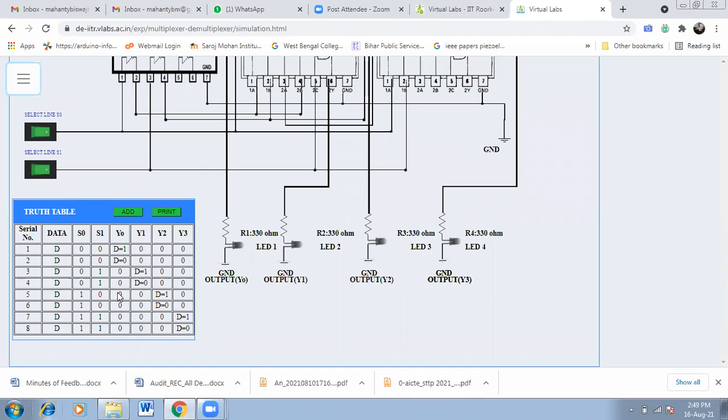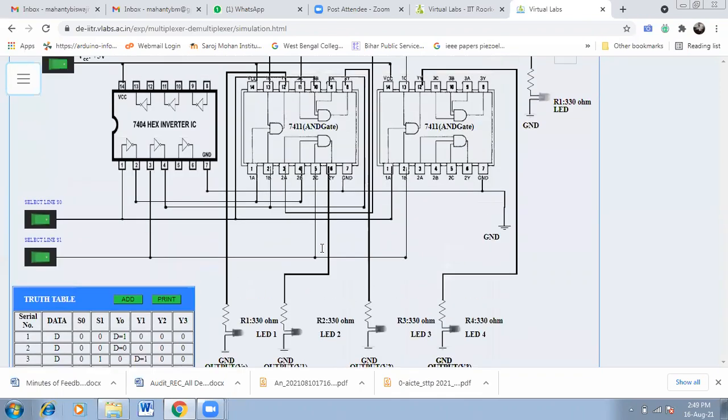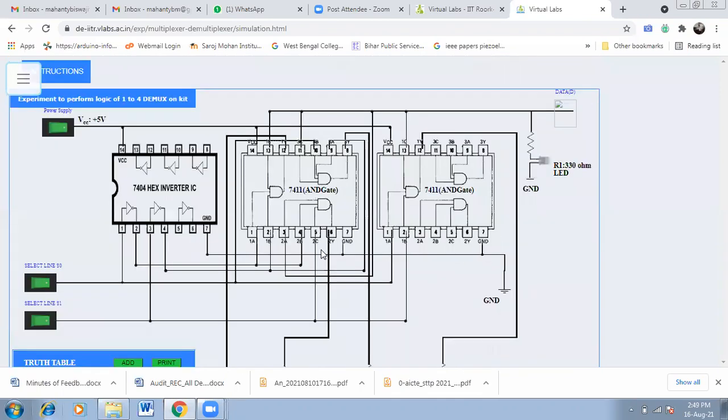The circuitry and the principle of operation that I have described here, how to operate it, I can explain in detail. If you find any difficulties, you can ask me the question. Otherwise, I will go for some other live experiment, that is the comparator circuit. If you have a doubt, you can ask me the question. If you are silent, that means I assume you don't have any query.